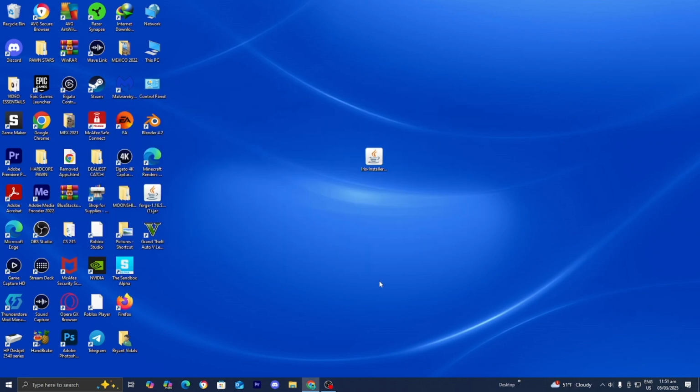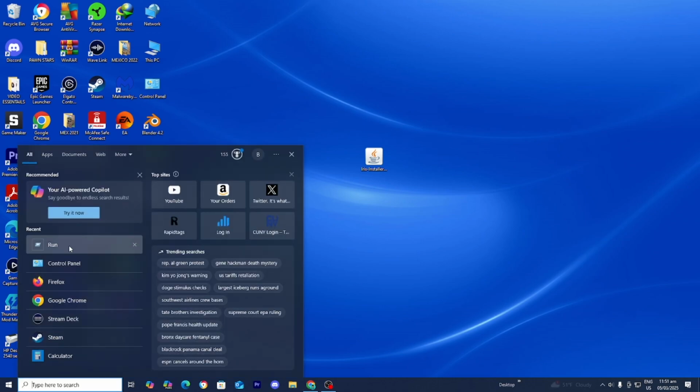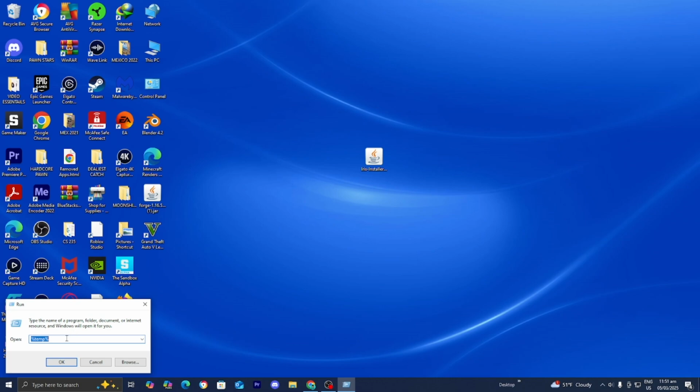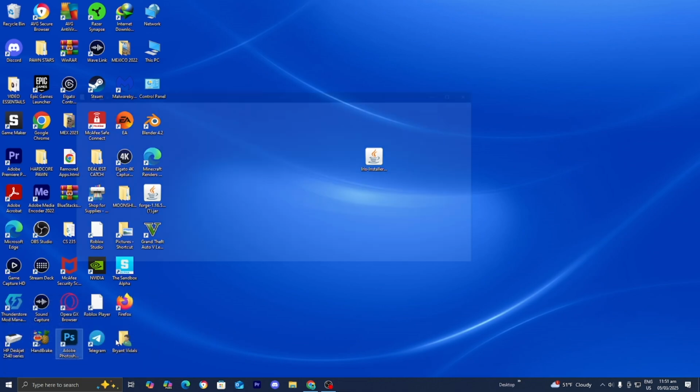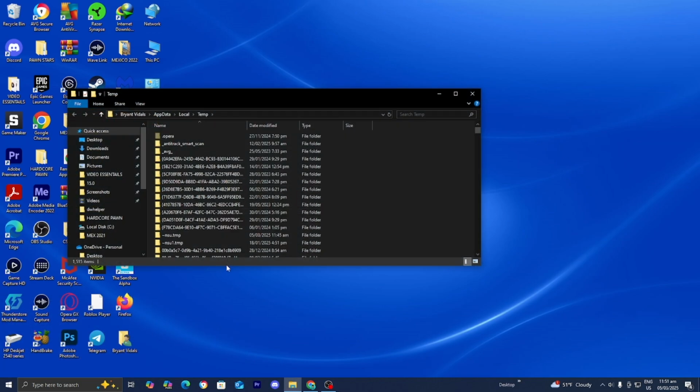All right, once you're done with that, we now need to delete the temporary files that BlueStacks did create. So in order to do this, you want to go to the search bar again, and then you want to open up Run one more time, and then this time you want to enter in this command, % symbol temp, and then another % symbol like so. Then go ahead and press on OK,